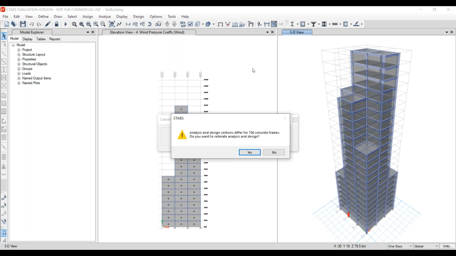We have created an auto select list for both column and beam and assigned it for the beam. The software asks whether to change for safer construction. We have to choose yes.